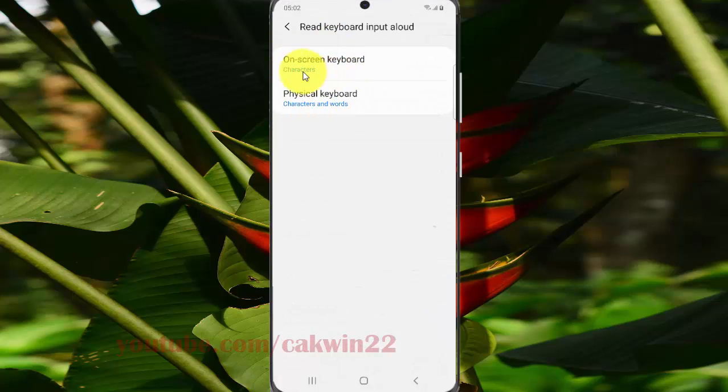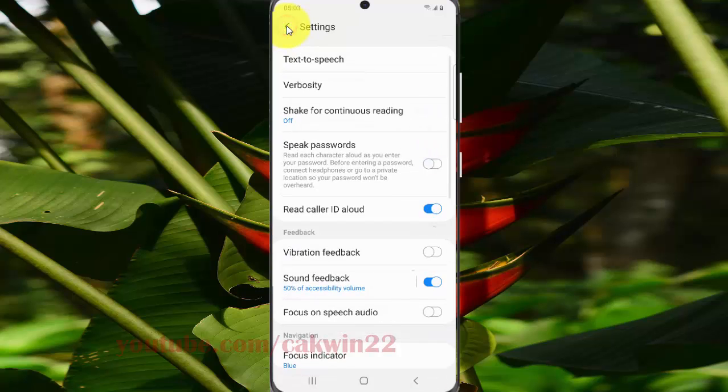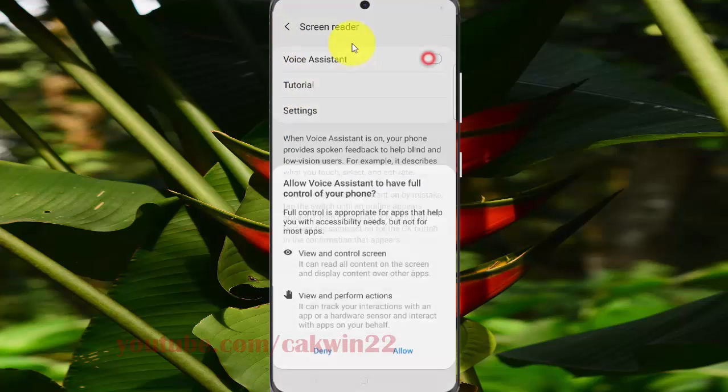Select keyboard you want, for example on-screen keyboard, or you can also select a physical keyboard, and then tap none to turn off read keyboard input aloud. When you select none and turn on voice assistant or screen reader,